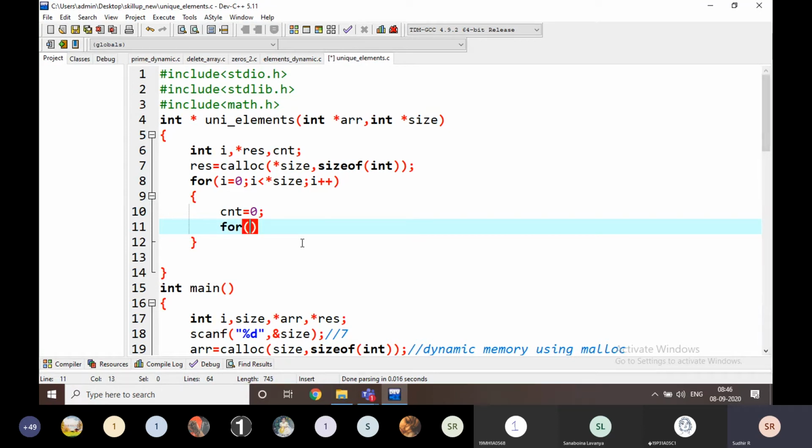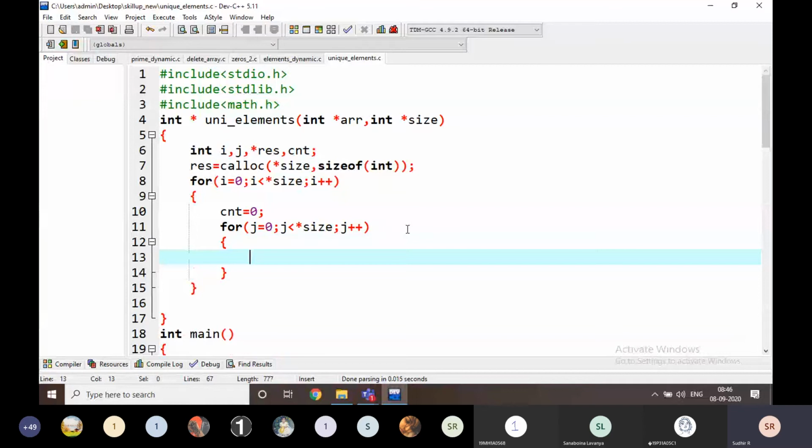I am going to write again for j = 0; j < arr size; j++. Not i, instead I am going to write j here, sorry. Again I am going to check with the same array values, right? That's why I am writing it like this. If arr of i is equal to arr of j,